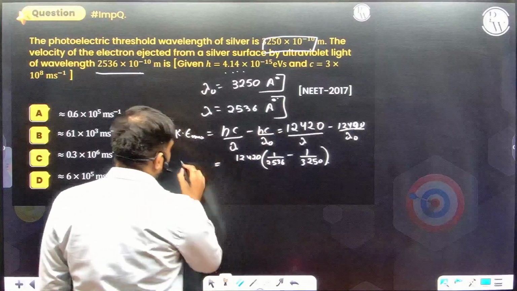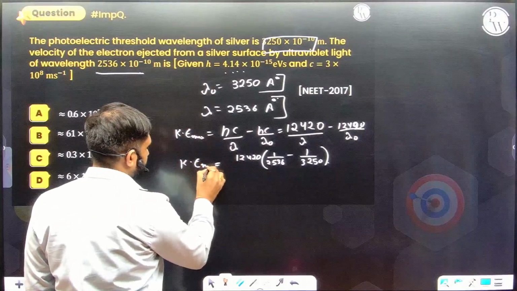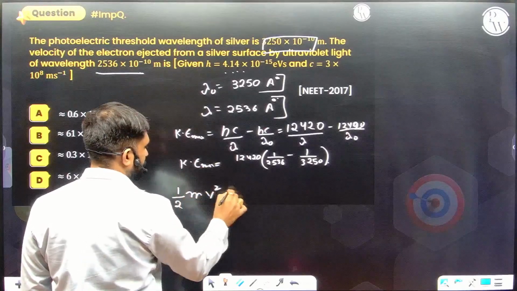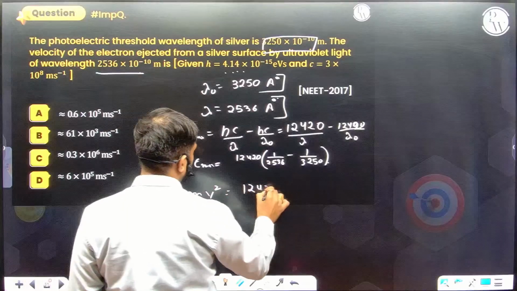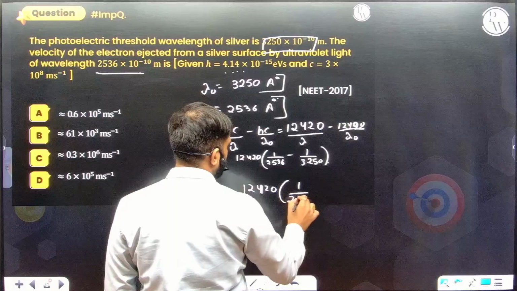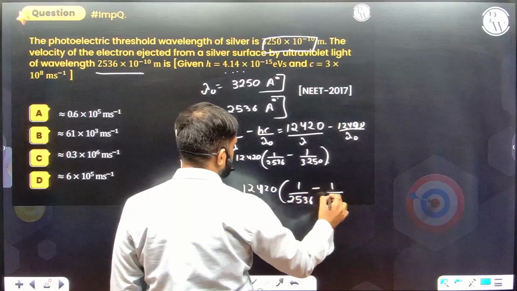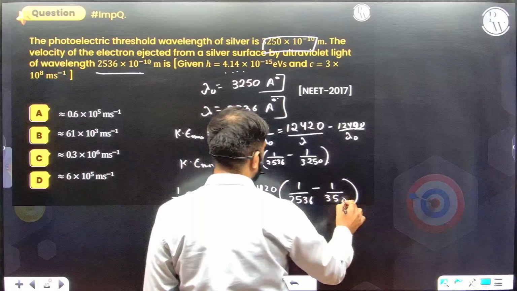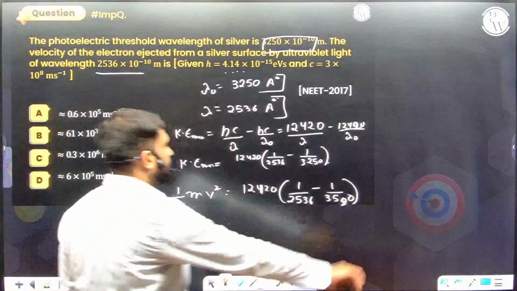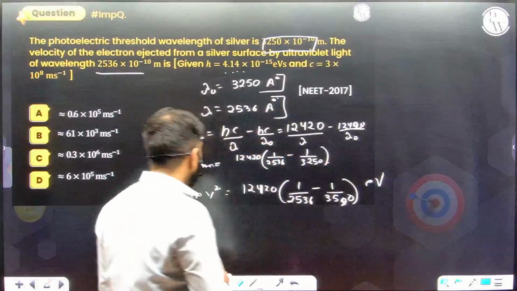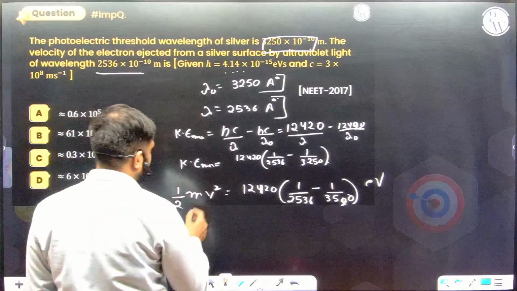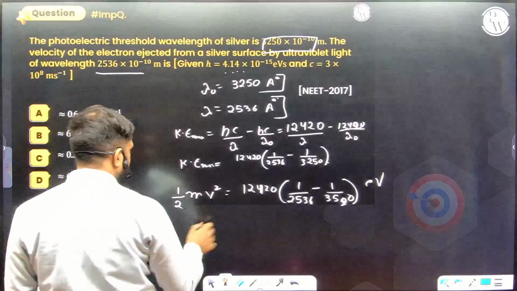So calculate this part, you obtain the K max, and then we write the K max as half mv square. So 1242 times (1 by 2536 minus 3250). Angstrom, everything is balanced. This energy will come out to be in electron volts. Now mass of electron we know is 9.1 into 10 to the power minus 31,